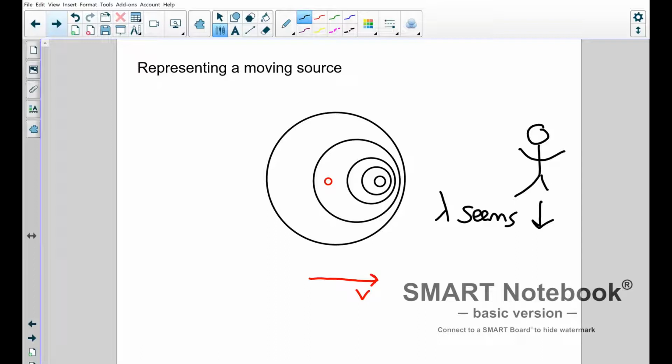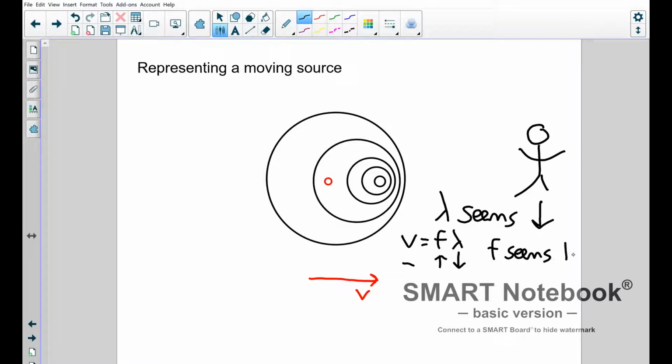And if I think mathematically about this, V equals frequency times wavelength, I haven't changed anything about the medium, so the V needs to stay the same. If the wavelength appears to be lower, to get the same answer, my frequency needs to be higher. This would be like multiplying 3 times 4 to get 12, and then having that 4 shrink to 2. Now I have to multiply 6 times 2. So the frequency seems